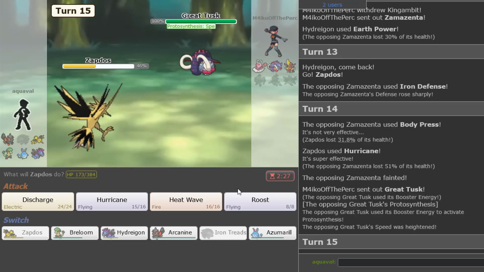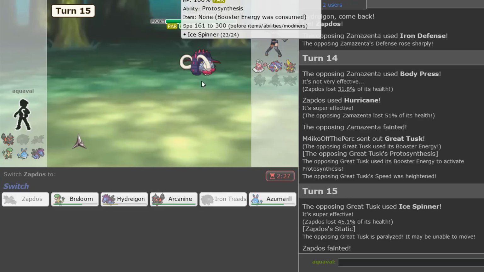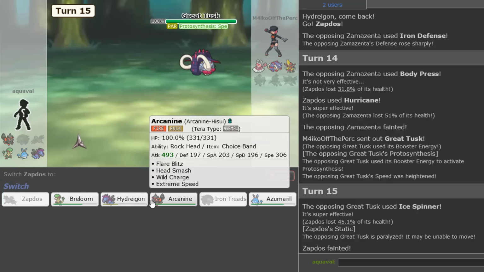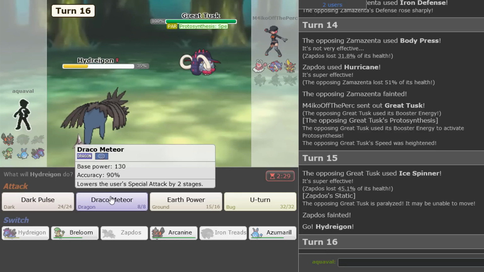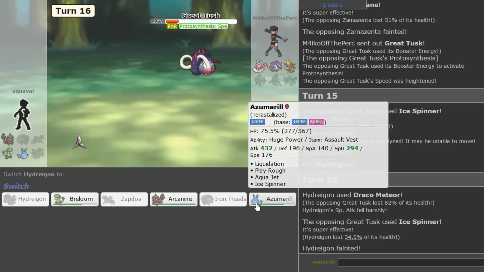Oh, speed. They got the speed on this mon. And no more. No more speed for you. This is good. So I don't think they're faster than Breloom. Although it's probably safer for me to just go Hydreigon and Draco Meteor. Very safe. Now what we can do is we can go into